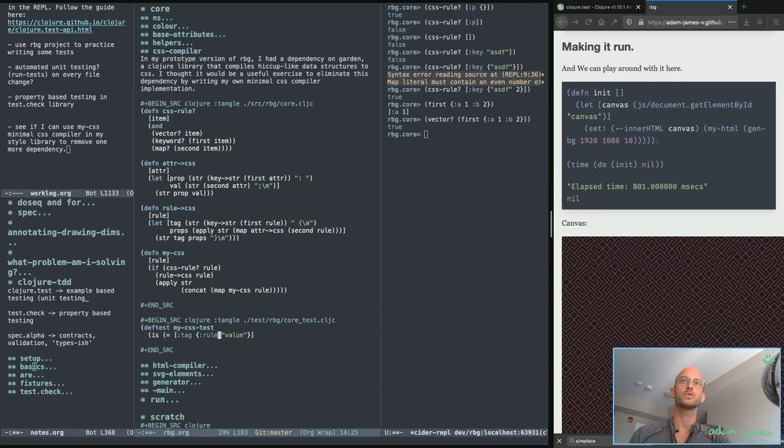Oh, this is not rule, this is adder, right? So if I run my CSS rbg, my CSS function on that data structure, does it return to me